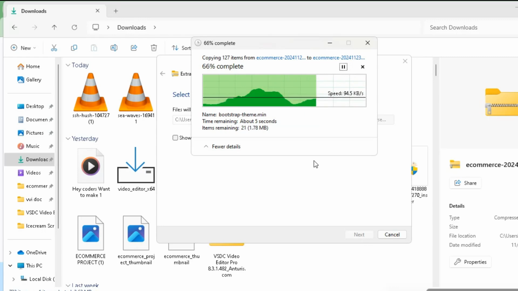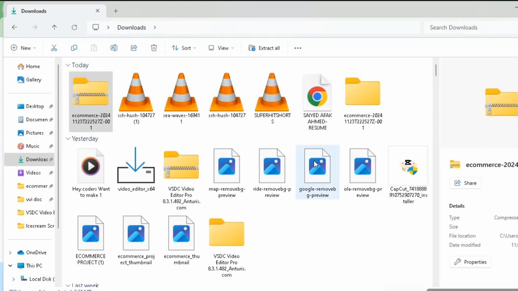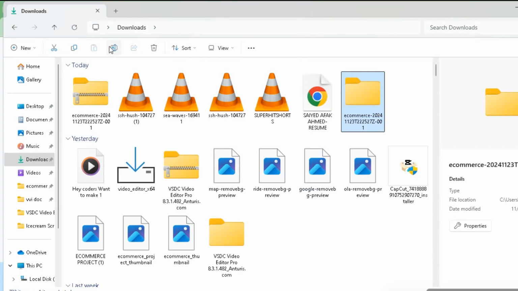Okay, so our extraction has been completed. Now here you can see the extracted file. We'll rename it as e-commerce 2, okay, for a distinct name. Okay, now what we'll do is we'll click on it, and after that we have to upload this folder